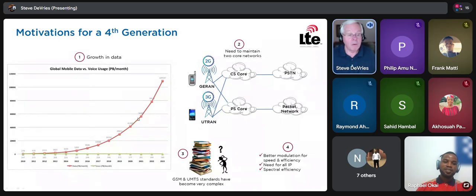So let's see what's happening now. What's happening in the late 2000s? Now this slide is dated to 2023, but around here, what is happening? If you look at the red line, people are using their phones and data is just going crazy, whereas the green line, the voice, is pretty steady. So people still use their mobile phones for voice. It's not that voice goes away, but more and more and more data. So there's a tremendous growth in data.